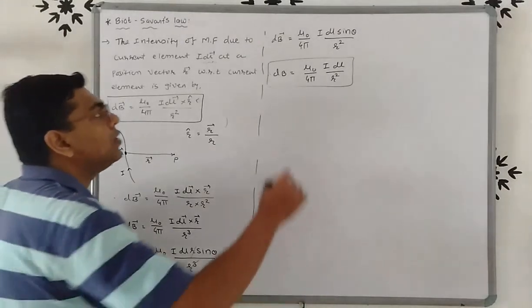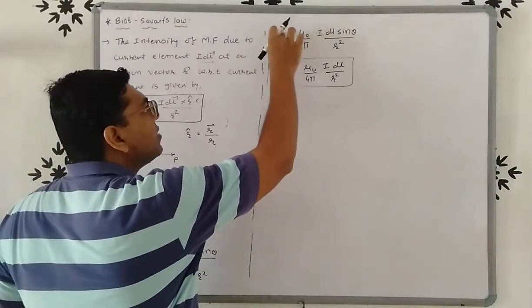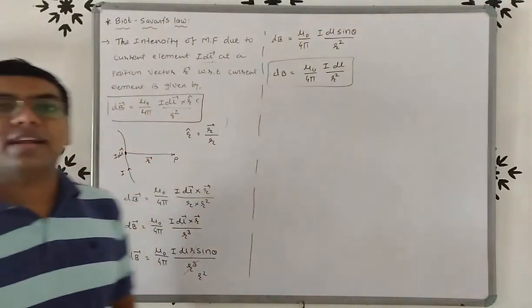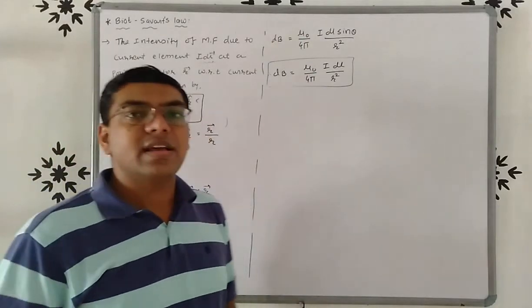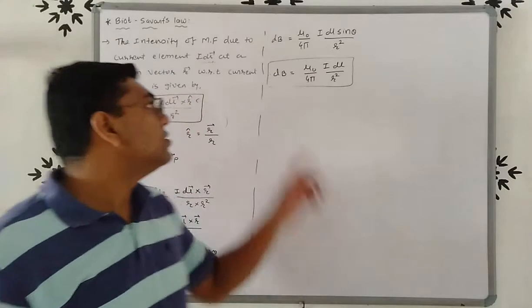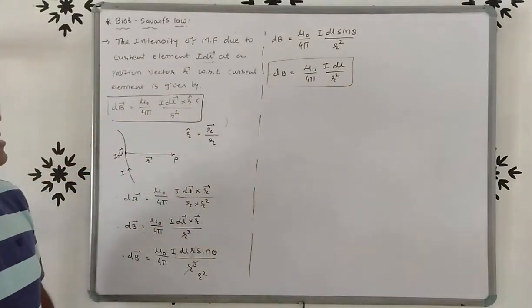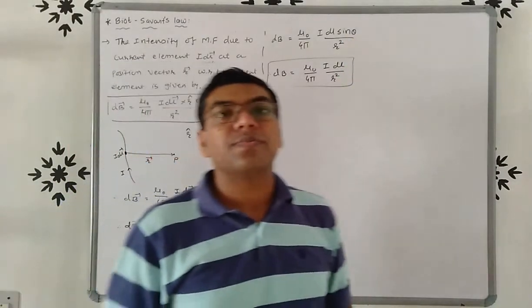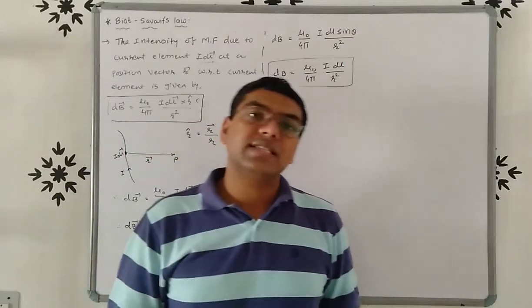And if we want to write the magnitude of magnetic field, then here we don't need to define the vector. The maximum value of magnetic field is at sin 90, because sin 90 is 1. So dB is equal to mu 0 by 4 pi I dl upon r square, because here we don't write sin theta, since the maximum value of sin is at sin 90, that is 1.